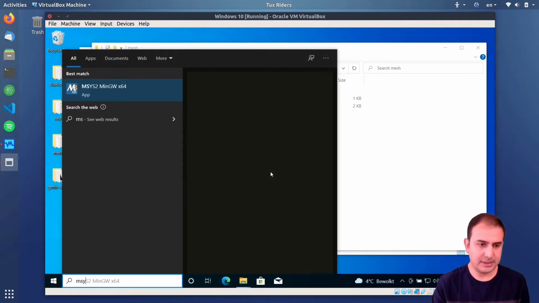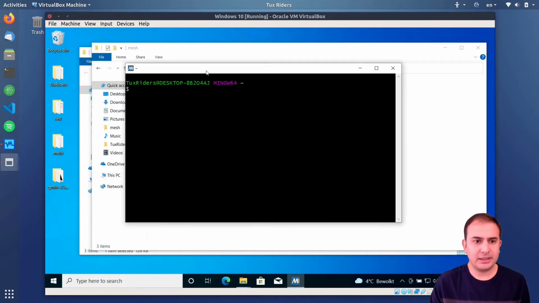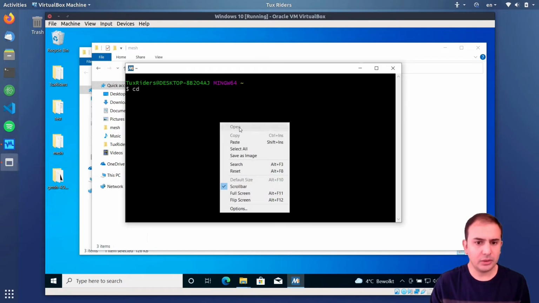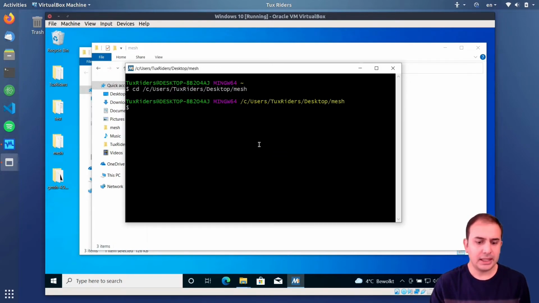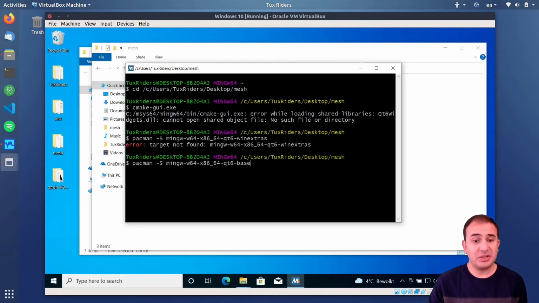We open the MSYS MinGW 64-bit. And we go to the directory that we copied. And now here, let's see if we can run the CMake GUI. No, again, it says it cannot find. No, this time it's another thing, because now it's complaining about the Qt 6 widget. So we may need to install the Qt 6 base, because yeah, it's asking for Qt 6. I don't know why, but